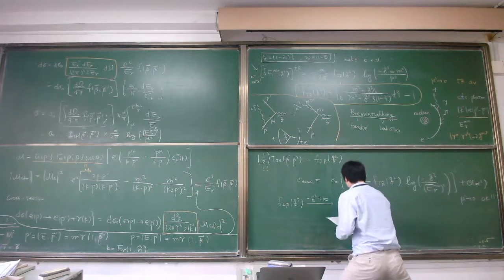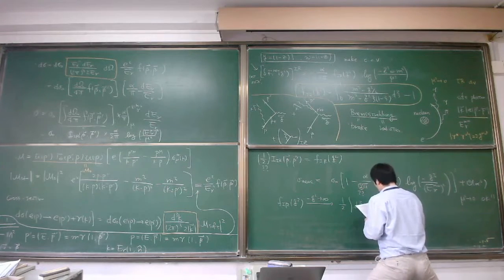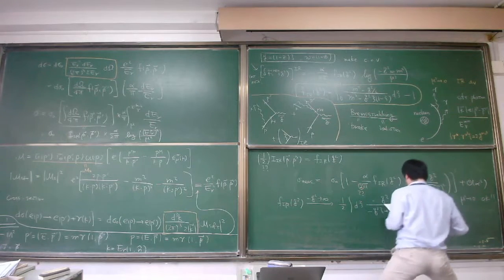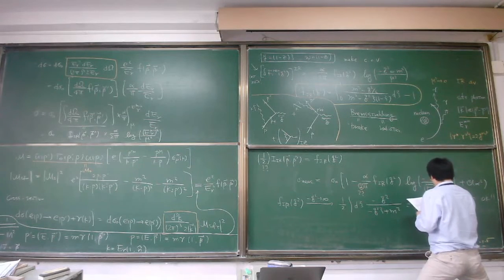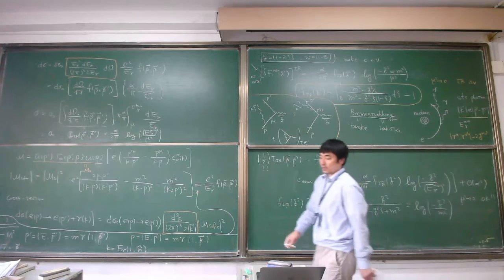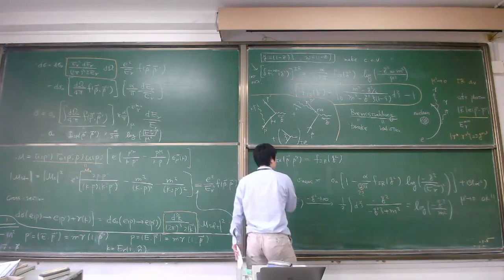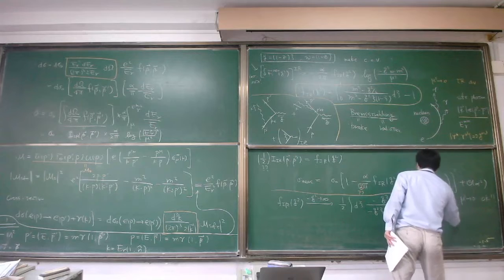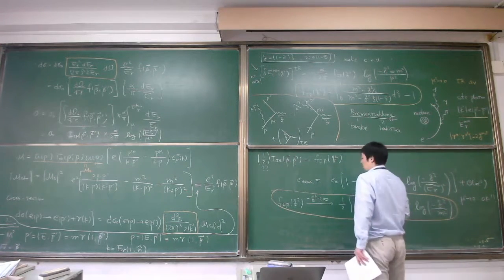Therefore, if you perform this integral dx, this is equal to log again of minus Q square over M square. So if you use this expression, plug this expression in here, what we have is that